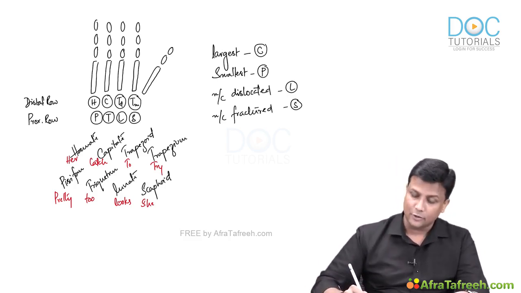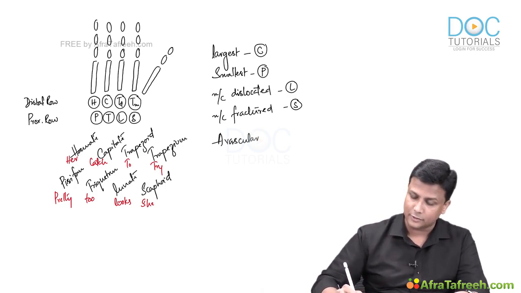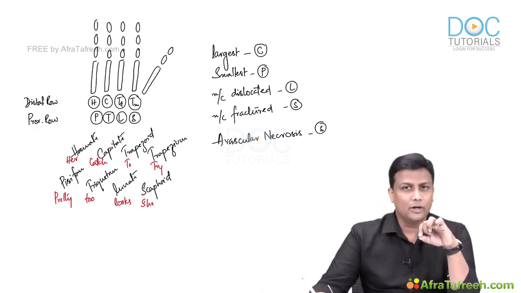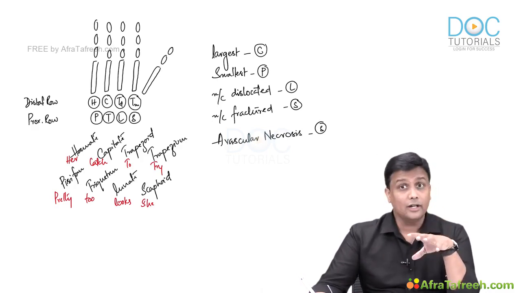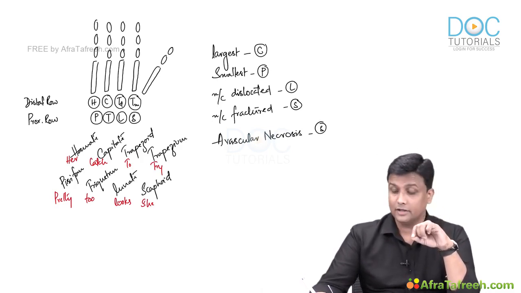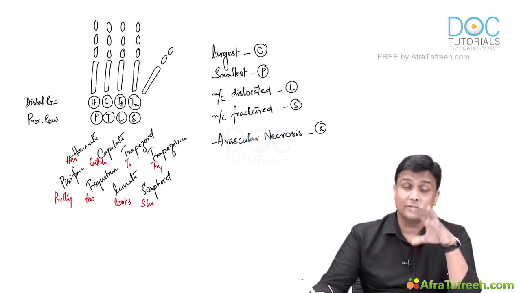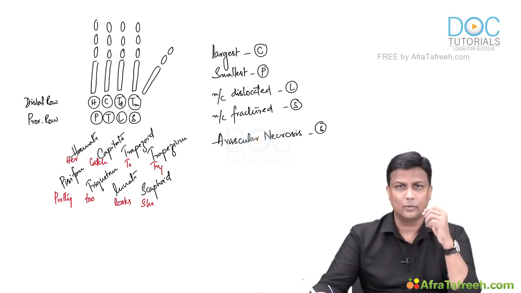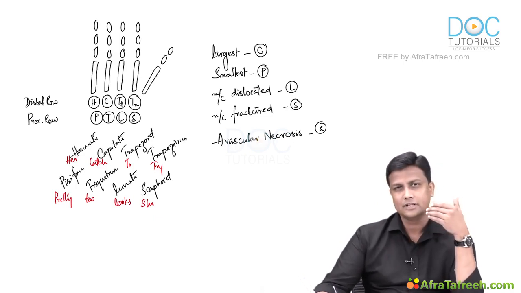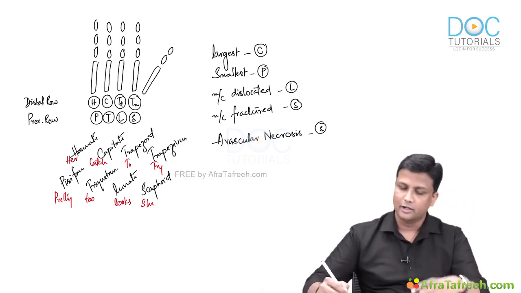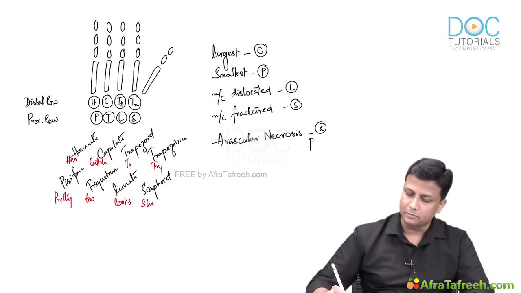Now the important thing: out of all these 8 carpal bones, which will undergo avascular necrosis, already asked in the exams, and that will be the scaphoid. Scaphoid is the carpal bone which will undergo avascular necrosis. And not only that, in your PG exams, they have even asked a question where, although we already know it is the scaphoid, they are asking in depth which part of it. Will it be the proximal part of the scaphoid or the distal part of the scaphoid? So please remember, it will be the proximal part